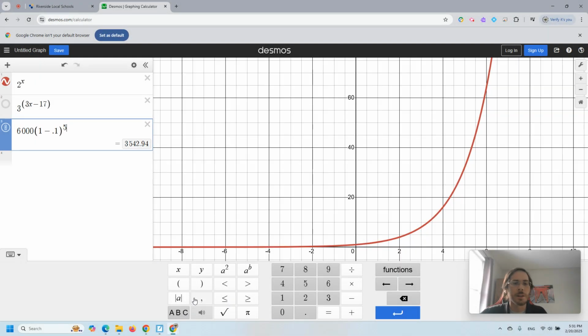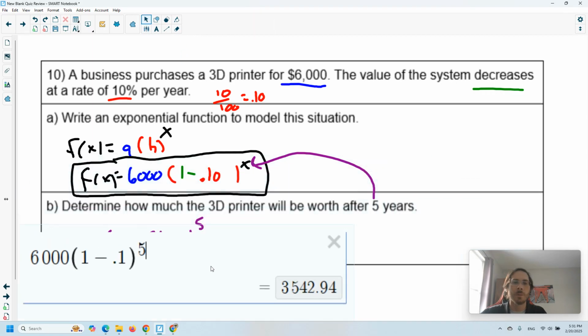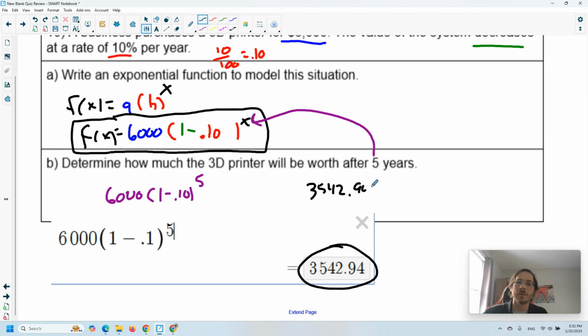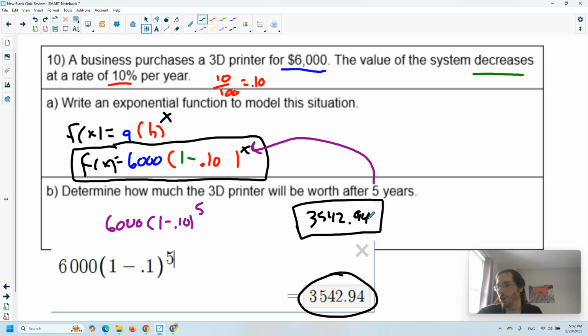Now that makes sense as a final answer. You might think, should I round? Should I not round? So in this case, we have to remember we're dealing with money. So, I mean, dollars and cents seems to be okay. So this answer just as its own is pretty good. So I'm just going to report that. $3,542.94. If you round that up to $3,543, that might also be okay, because in the context, again, we're thinking about a company. Maybe they want a good estimate, so maybe the 6 cents doesn't really matter too much. But the official answer would be